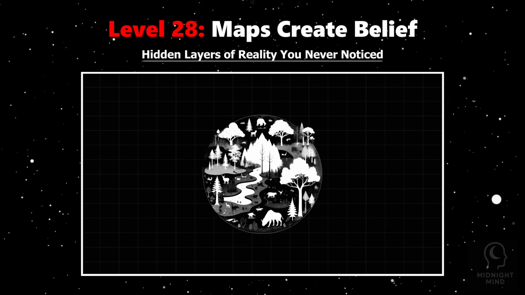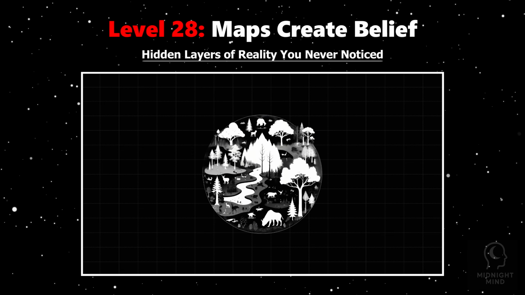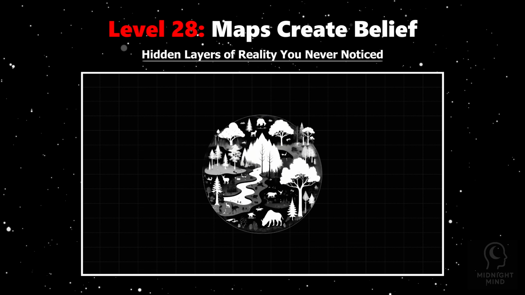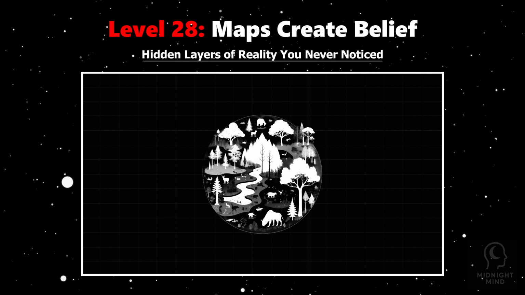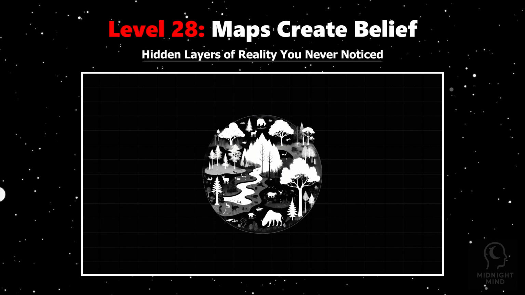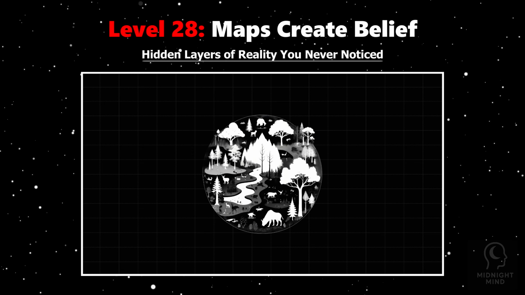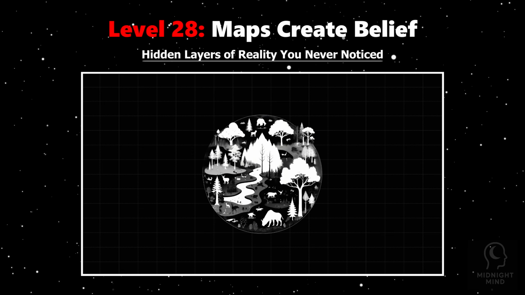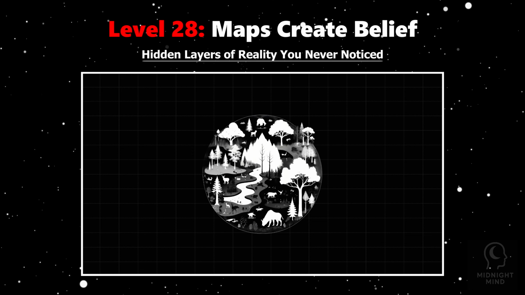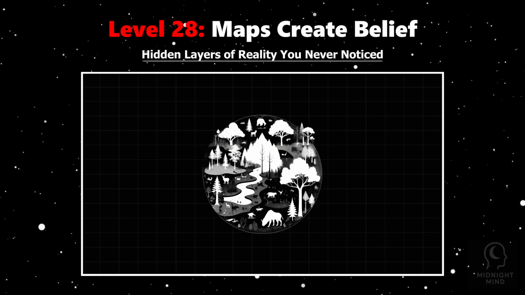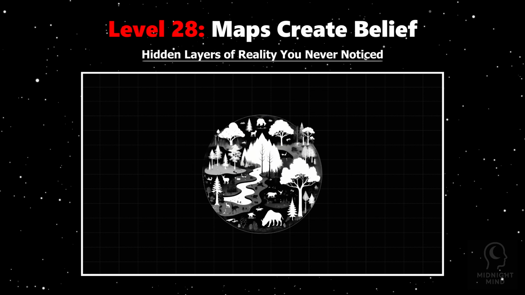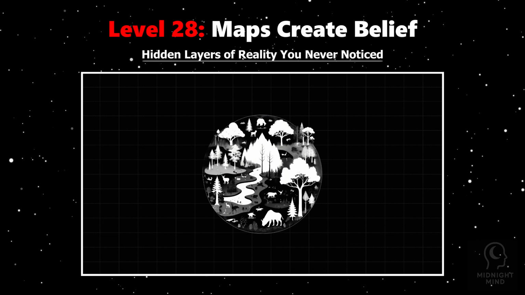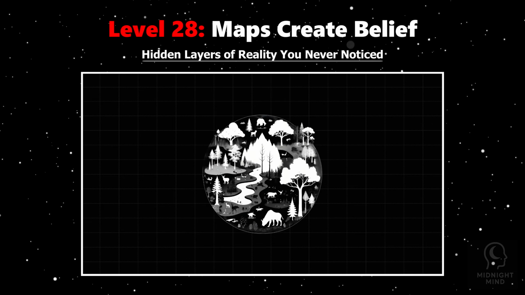Studies reveal that people cling to mental maps so tightly they resist contradicting evidence, mistaking the map for reality itself. This explains why borders provoke strong emotional attachments, even when drawn arbitrarily, and why changing a long-held belief feels like erasing a part of your mental landscape. Your brain prefers stable maps over messy truths because it craves predictability. Understanding this shows that belief is not just about facts, but the powerful influence of mental maps that shape how you perceive and engage with the world. The lines on paper become laws in your brain, making you forget that everything could be drawn differently.